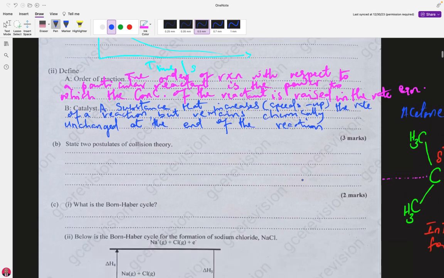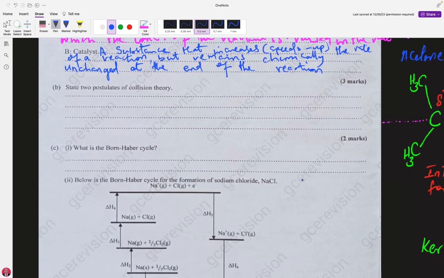What is the collision theory? You should know by now what the collision theory is. There are two postulates of the collision theory. They have said just two postulates; there are three of them, but they have asked you to state just two. So, in order for a reaction to occur successfully,